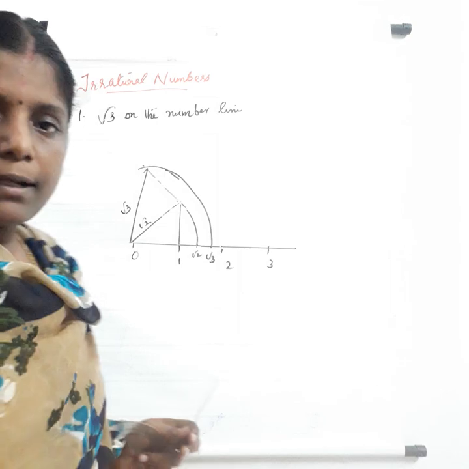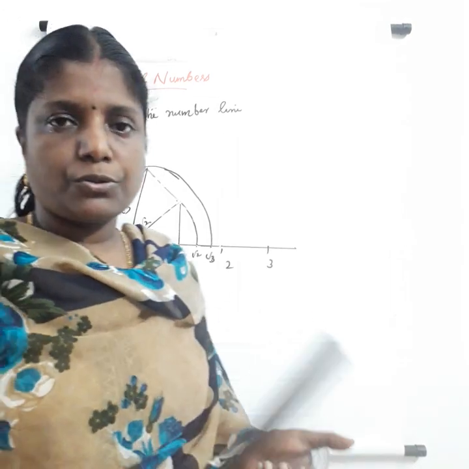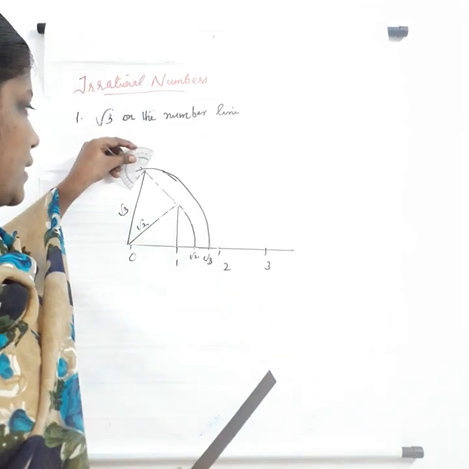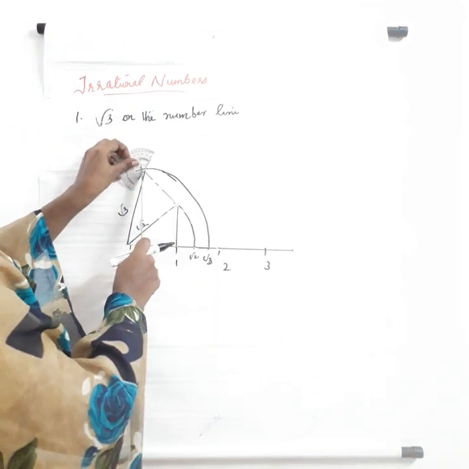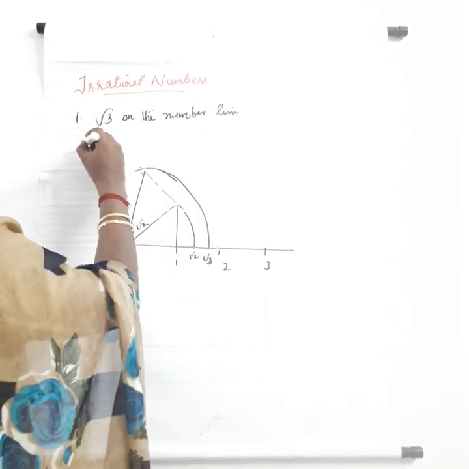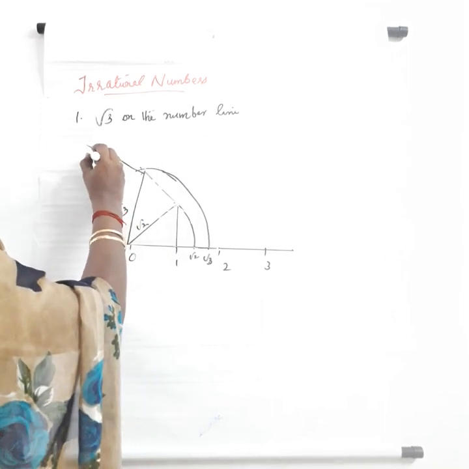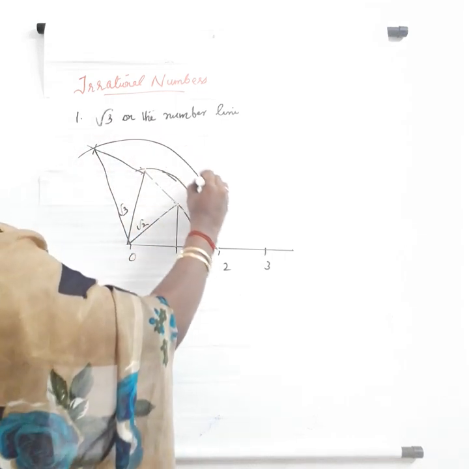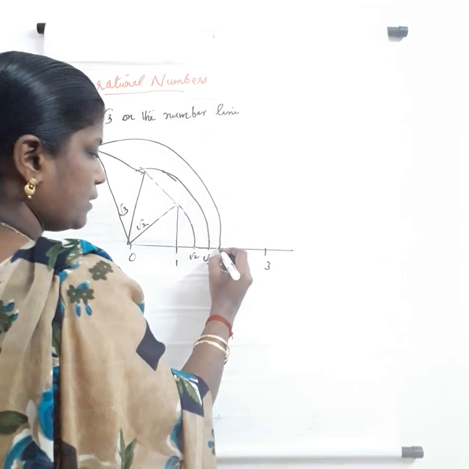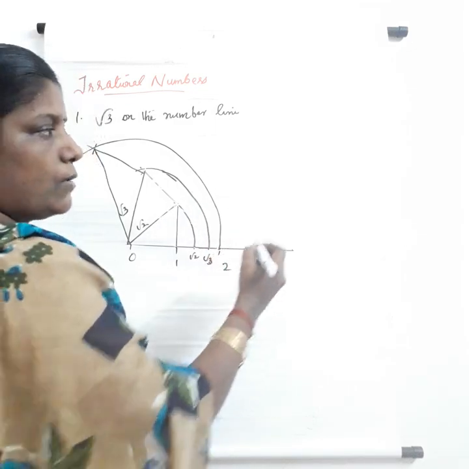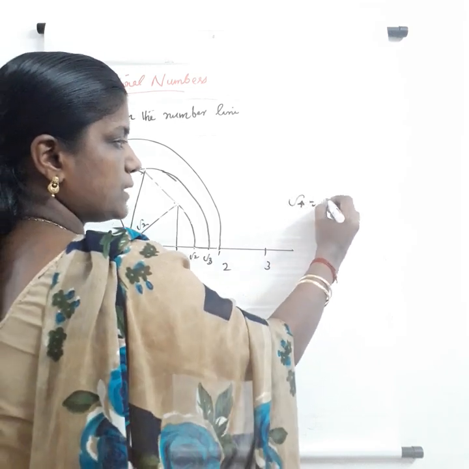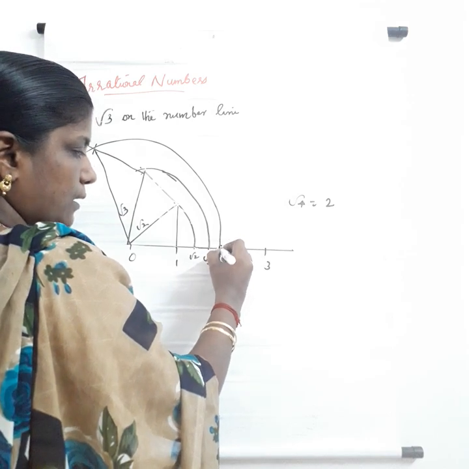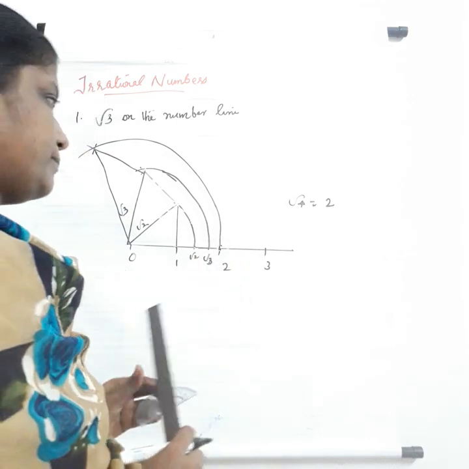Okay. Clear? Then if you want to draw root 4 on the number line, what do we have to do? You can take 90 degree from this point. You will get a point here. You can extend the line. You can take 2 units. You draw to O, then again you will get one arc. That point should fall on 2, because you know root 4 is 2. So the point should be plotted here at 2. Understood? Okay, thank you.